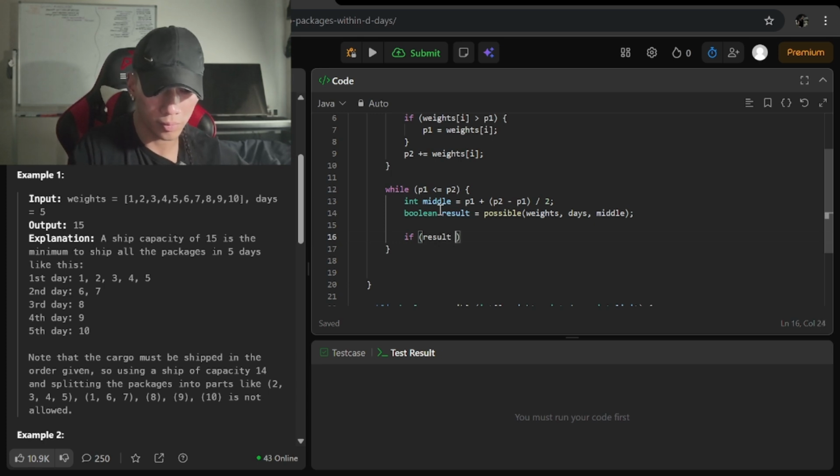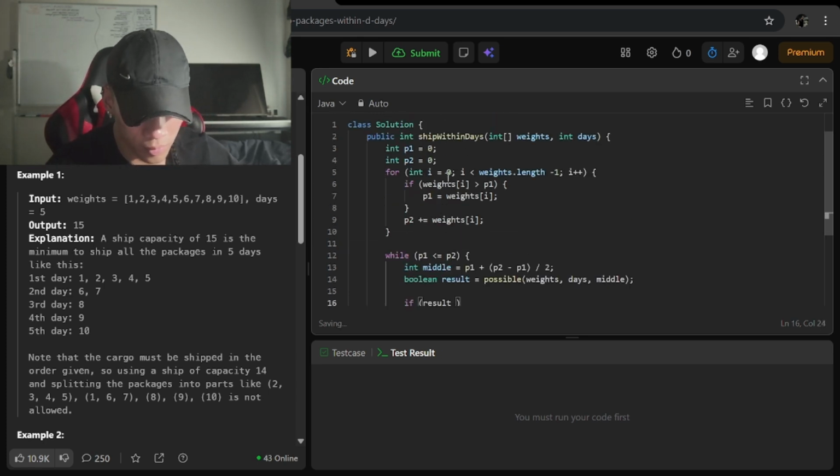How did you get the max? The max in the array? I just had to iterate the whole thing.